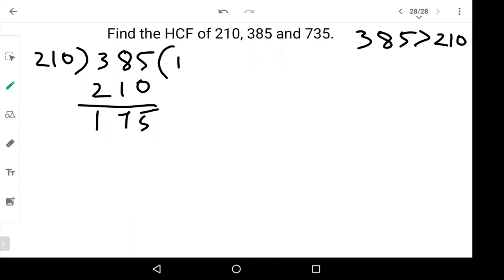Lakshmi, yeah, correct. Lakshmi, your HCF answer is right. Now use that HCF and 735 to find out the next HCF. Spurti, you are also correct. Yeah, good. 35 is the correct answer. Whoever has got 35 as the answer, now divide 35 and 735 to get the final HCF.